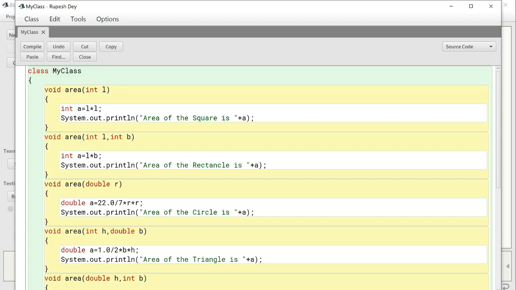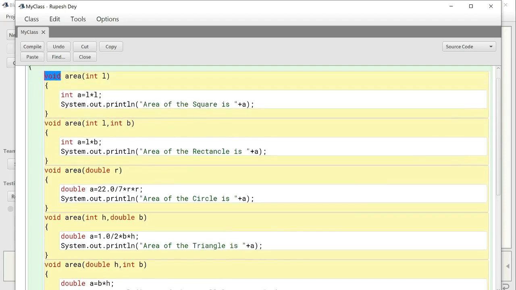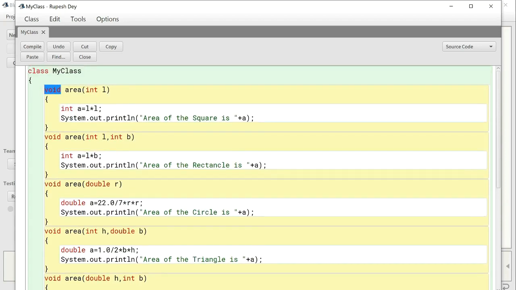So two things you have to keep in mind at the time of overloading. One, the function's name will be the same, and second, the functions will be different in their number, type and sequence of parameters. So function overloading doesn't depend on the return type of the function. Suppose two functions' names and parameters are the same, only they differ in their return type. So that is not overloading, remember. So this function overloading actually implements what? The polymorphism feature of object-oriented programming.